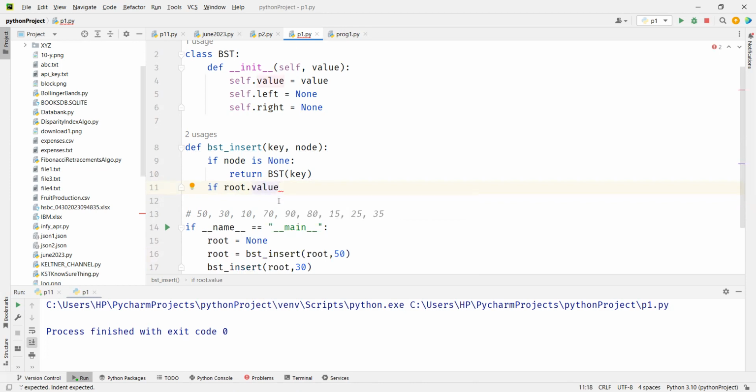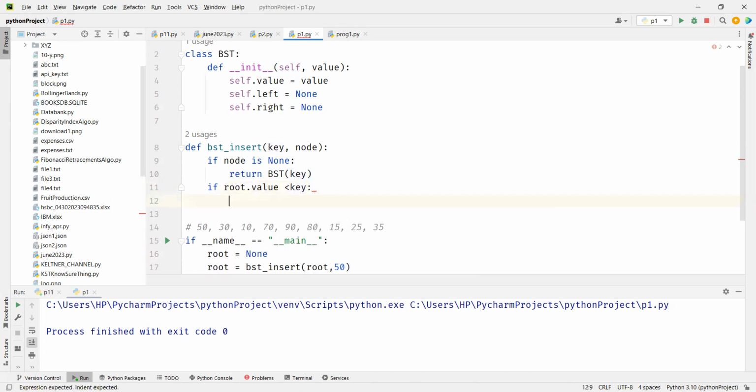If root dot value is less than the key, then what do we do? Why am I using root here? It's node only, we are renaming it as node, isn't it? So if node dot value is less than key, then we will say